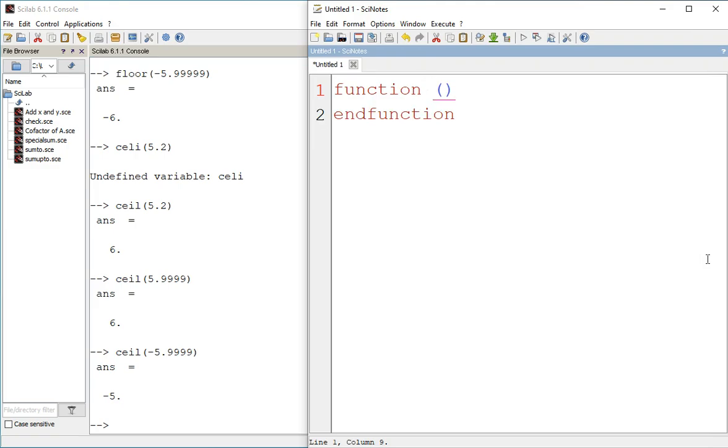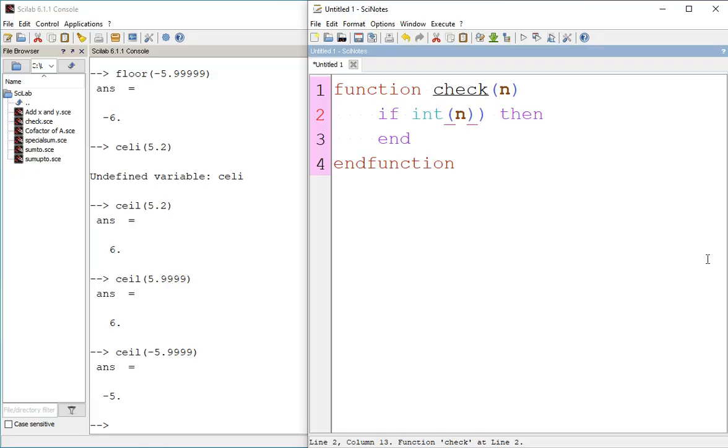Again I am giving the name check as I gave previously, but previously it was checking whether the matrix was square or not. Here I am doing a different operation. So what it will do is, if the integer part of n is the same as n,